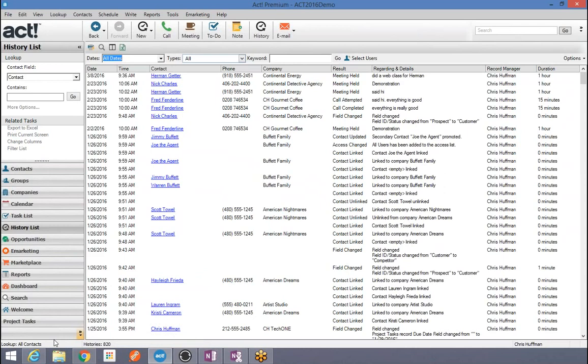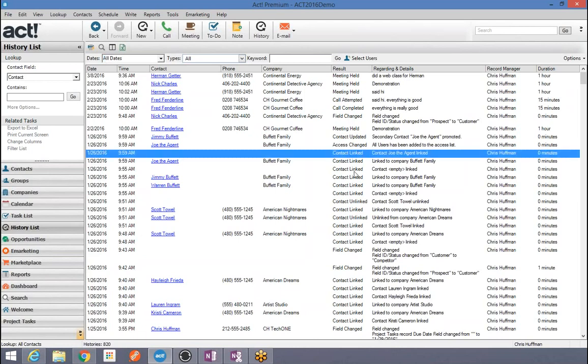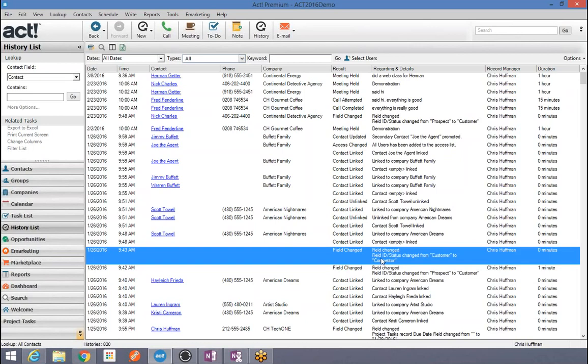And that's because, you know, for every person you have in the database, you might have 100 emails or 10 meetings or, you know, all kinds of things in there, phone calls. So it's common for me to see 10,000 names in the database, but 1 million records or 2 million records, especially if you've been using ACT for a long time. So a lot of these history records don't really mean a lot, like contact linked or field change. This just tells me that Chris Huffman back in January changed the ID status from customer to